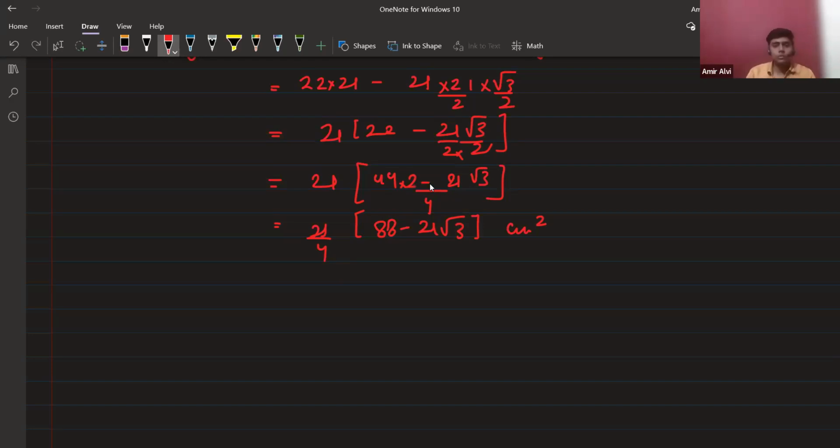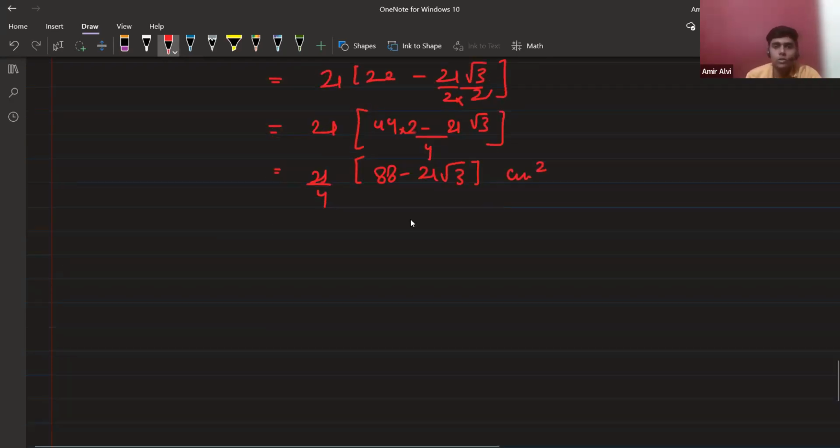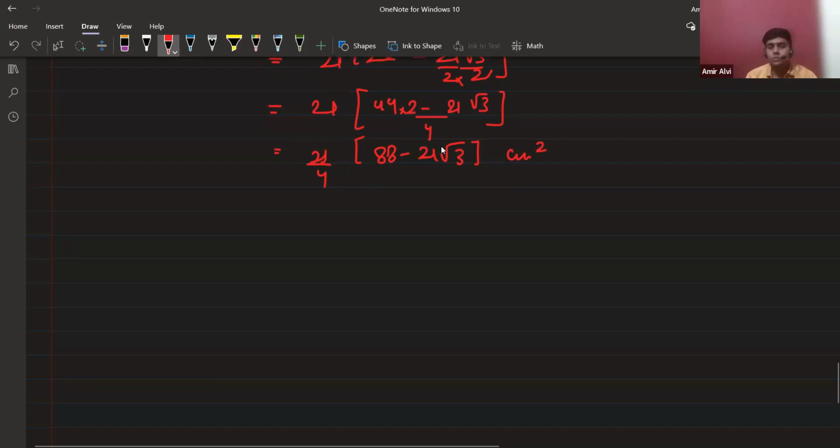Okay, so that's the answer of this, because √3 is there, and the √3 value is not given. I cannot put the value according to myself, which is 1.73, because sometimes a little bit complex calculation is there. So that's why there's no need to put the value from yourself. If the value is given, then you can solve the question. So no need to do anything after this? No, it's the complete answer.